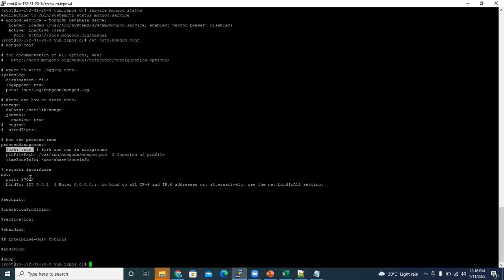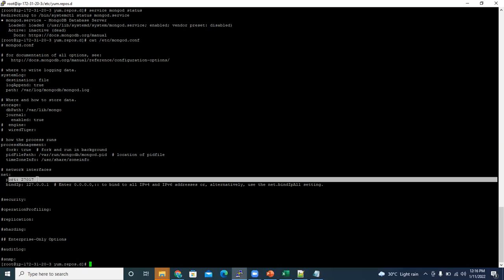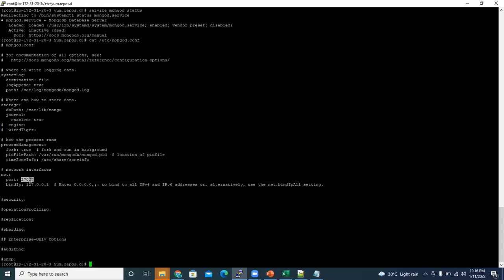Okay, and port, by default MongoDB will run on port 27017. The default port for MongoDB is 27017. All the databases have their own default port. Okay, for Oracle I think it's 5322. Am I right, guys? Because long back I worked on Oracle. I think it's 5322. And for MySQL, am I right, Pankaj? For Oracle it's 5322.